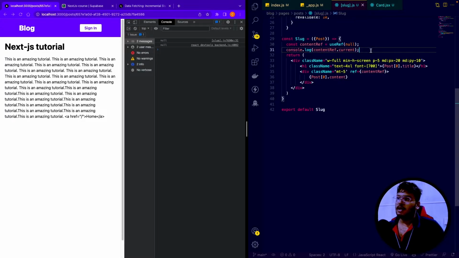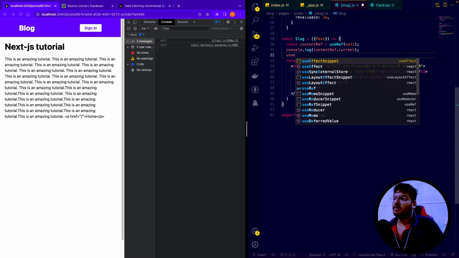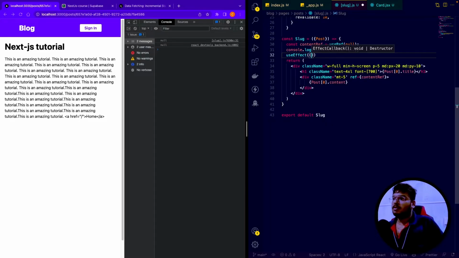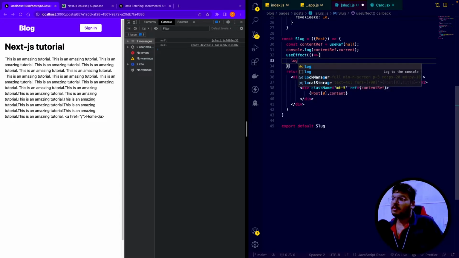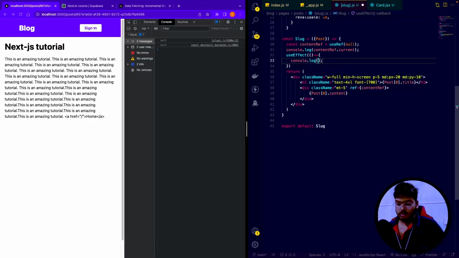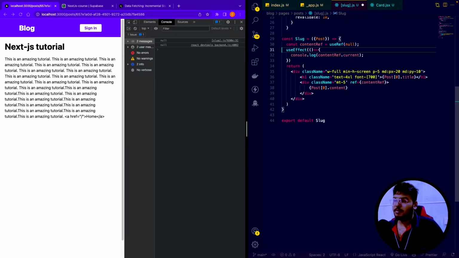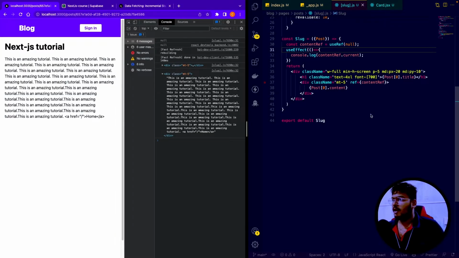I think we need to use the useEffect sort of thing. So right here useEffect, we're going to do just like this. And let's see, if at this point I'm writing here log contentRef.current, and I'm removing this from this point, refresh it, and you can find this thing, right? We are going to find this div. Now what I'm going to do is press Command X, and at this point right here